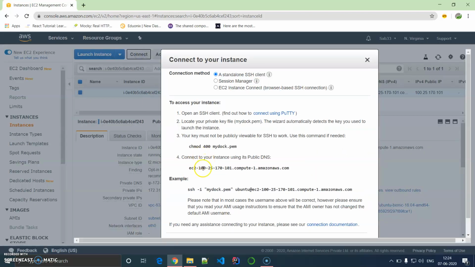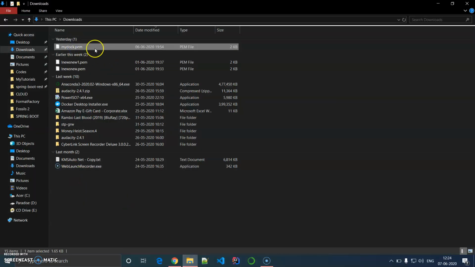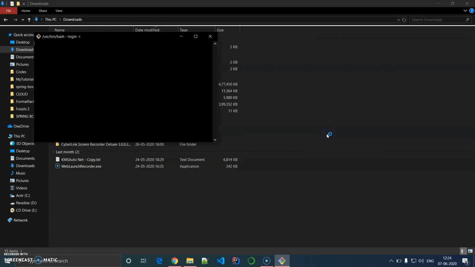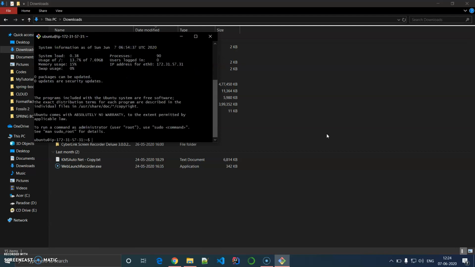Meanwhile, what I'm going to do is try to connect to this one with SSH. Here I have to go to the downloads, to the location where my mydoc.pem file is present. I'm going to right click it and open Git Bash over here. You can utilize many other tools like PuTTY, SuperPuTTY, MobaXterm, and many other things, but I will use this one. Now I will open it, with a digital fingerprint. Yes, and this particular server is being added to my PEM file.